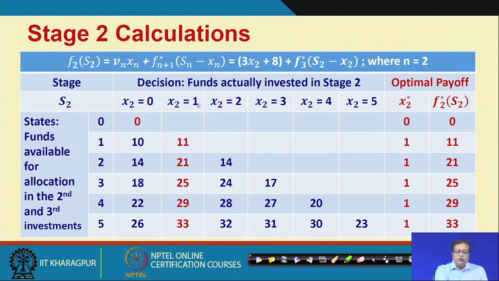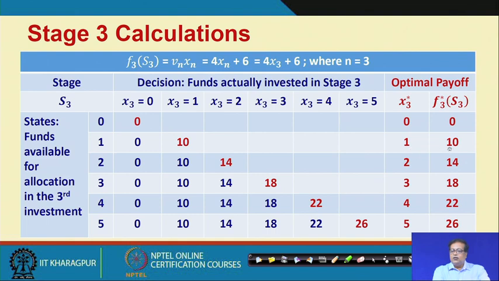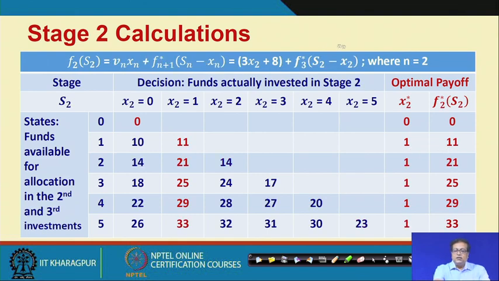Is it all right? What will be the earning if you had a spend of 2? You have 2, you had only 1 you have spent here, that means 1 more is remaining, that is on x3. Go back one slide. For 1 the optimal was 10, that means f3 star (s2 minus x2) is 10. So, 11 for 1 and 10 from your next stage, then it should be 21.